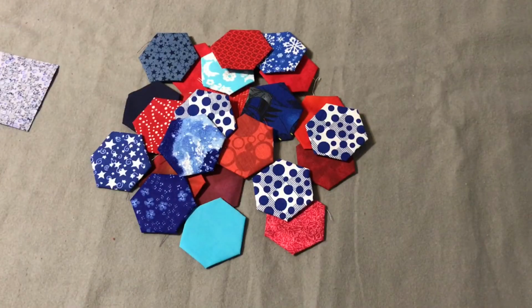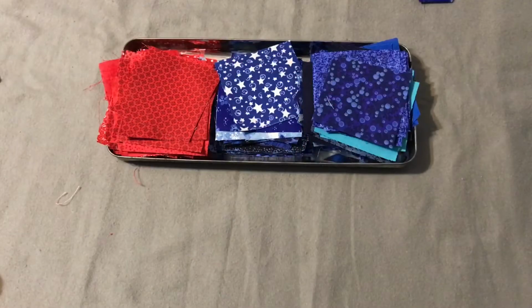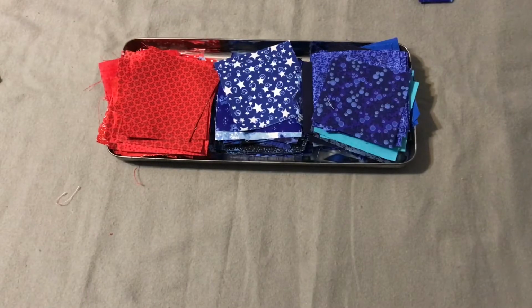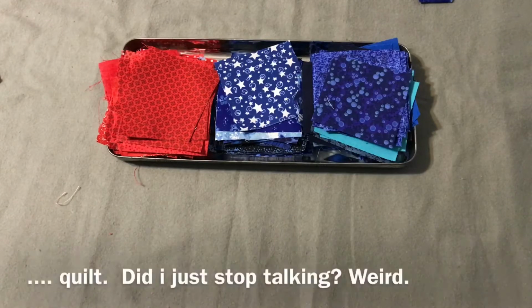As I mentioned in the part 1 video, normally I do a lot of scrappy Hexies, just whatever I happen to have laying around that's a 2.5, 3-inch square. But this time I thought I'd play with my red, white, and blue fabrics. Once you determine your color palette and which fabrics you're going to use, whether you want to go for red, white, and blue similar to mine, or maybe you want to do a Christmas one since Christmas is coming up in another 12 months. I mean, you could get a few done before this Christmas, but I don't think you'll get a whole...